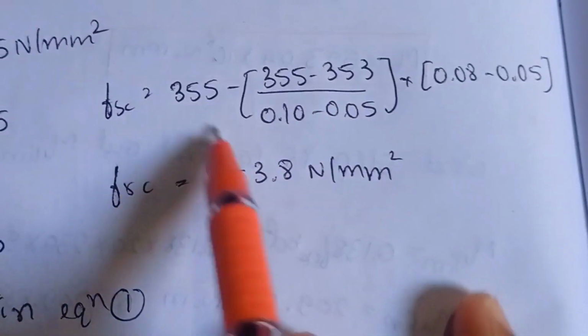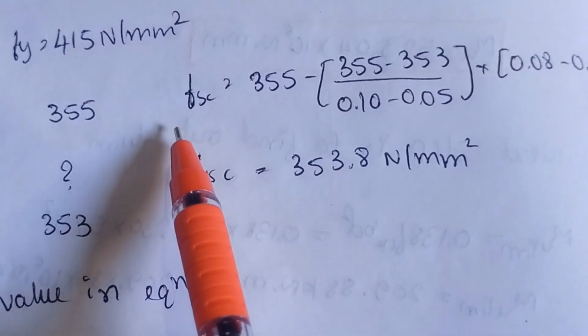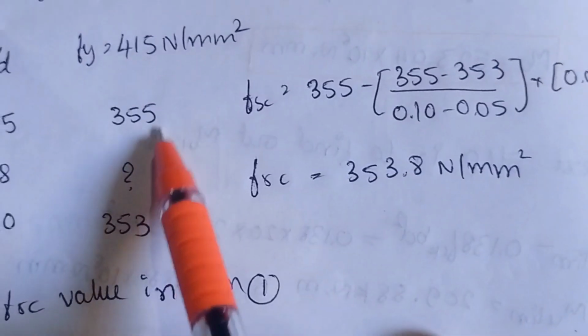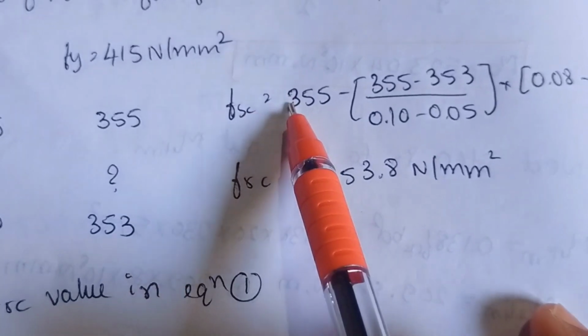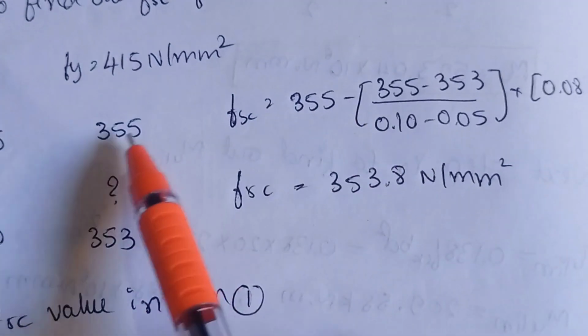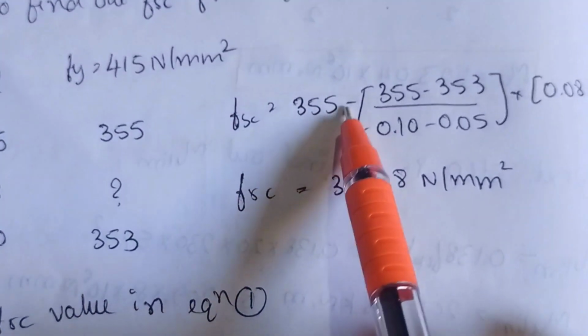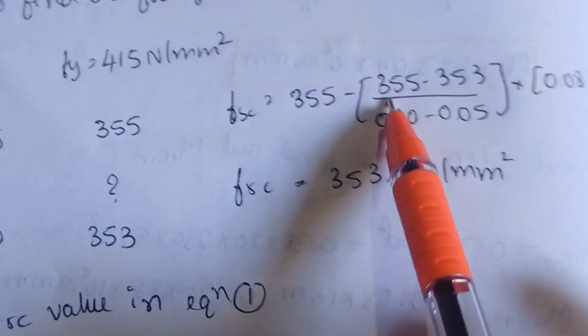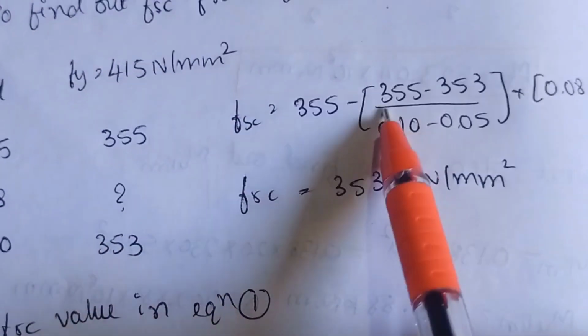By doing interpolation, FSC is equal to, we'll take the greater value, that is 355 minus, I'm taking minus because this value goes on decreasing, bracket the greater value minus least value, that is